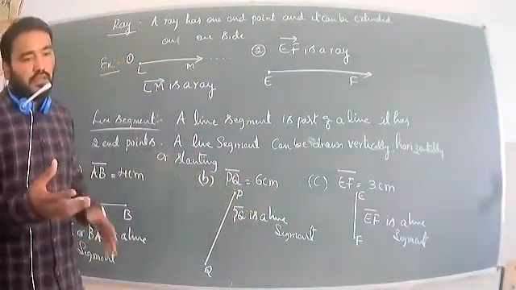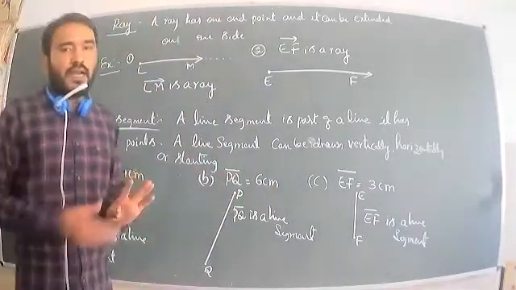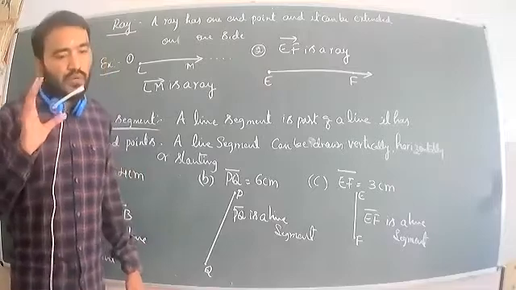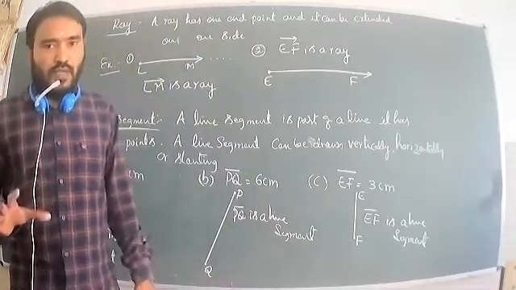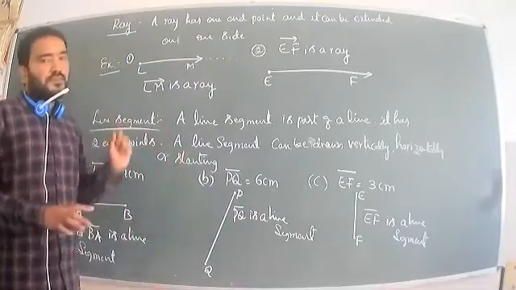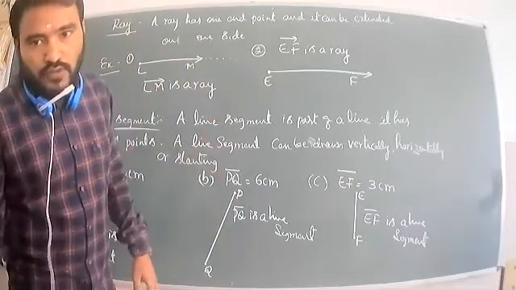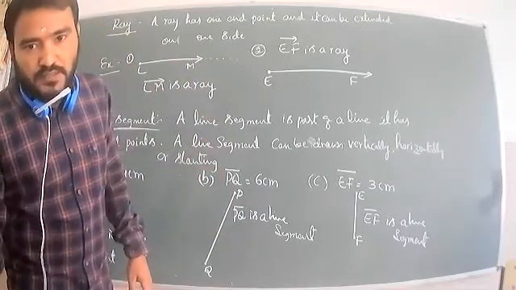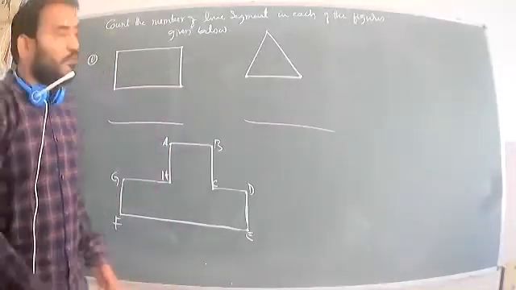In the textbook, four problems are given. I have to solve two problems: how to write the line segments and then count them. We have to understand what a line segment is, and then a ray. Now I will go for how to draw the line segments and how to write them. Okay, now look at the board.